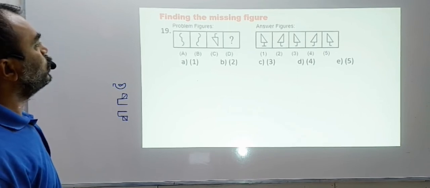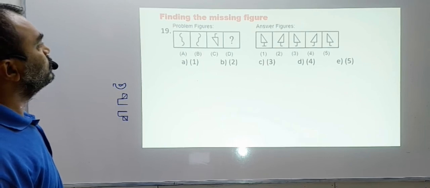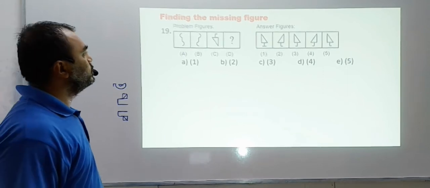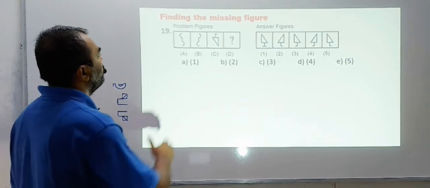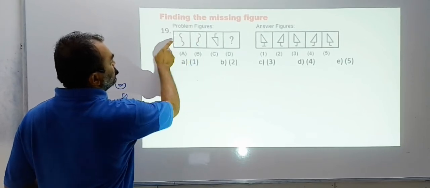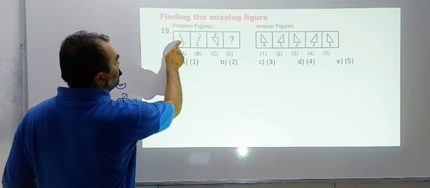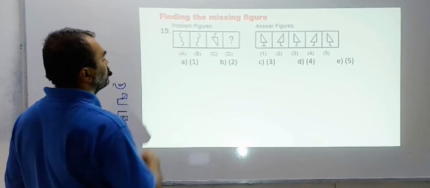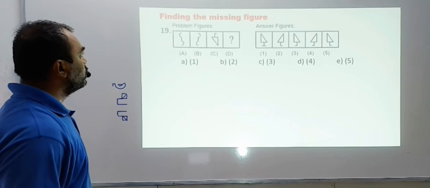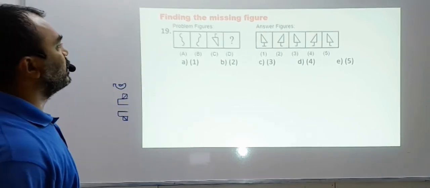Okay. What do you observe here? Do you observe a mirror image? Like I told you, if I put a mirror over here, this curve becomes like this, the line remains a line, the outward curve becomes the outward curve. Is it a mirror image? Do you think so? Do you agree? Then you can try out with that one also.